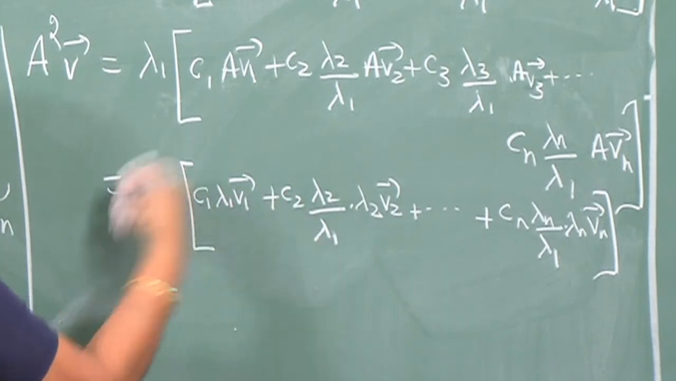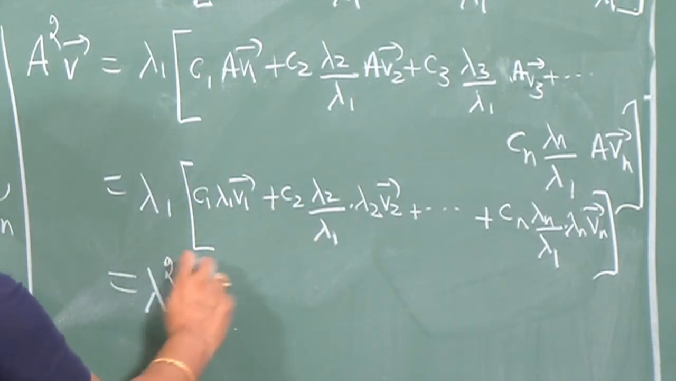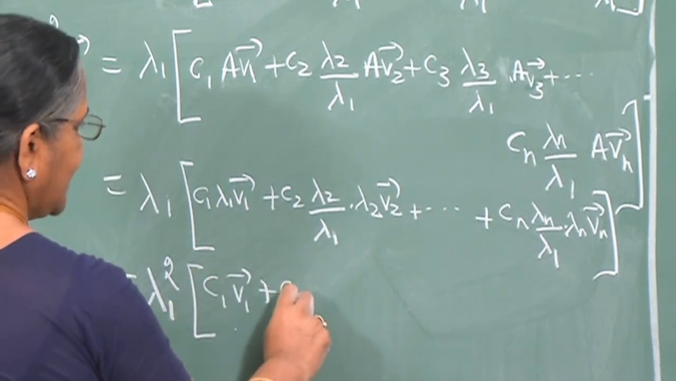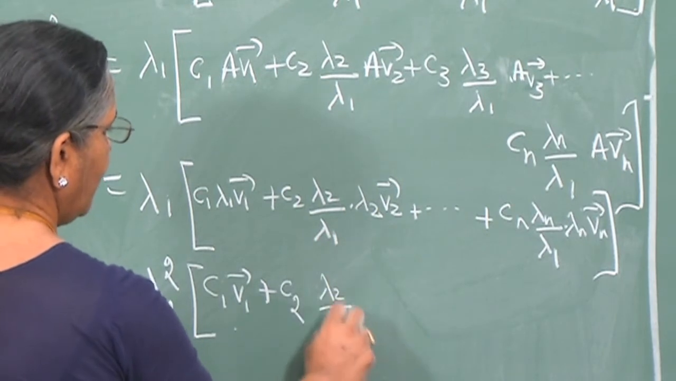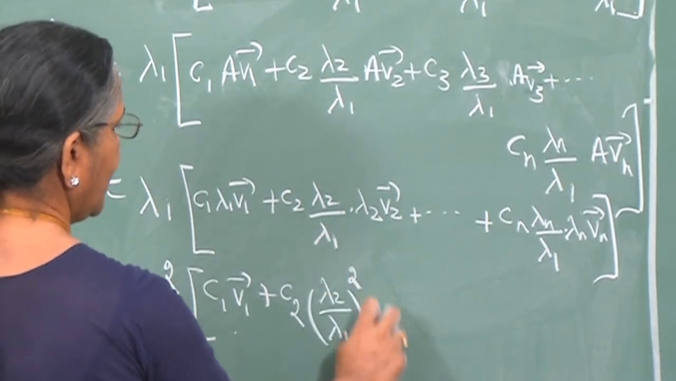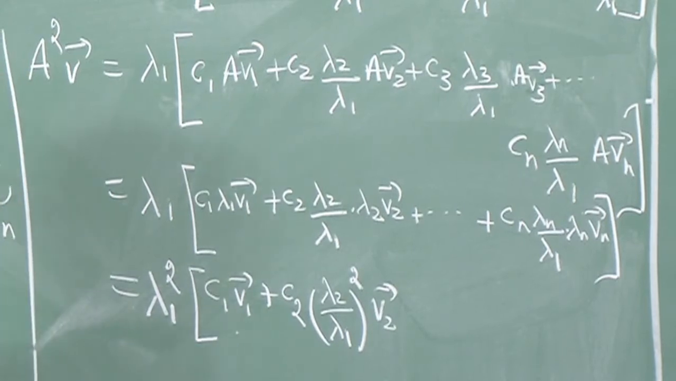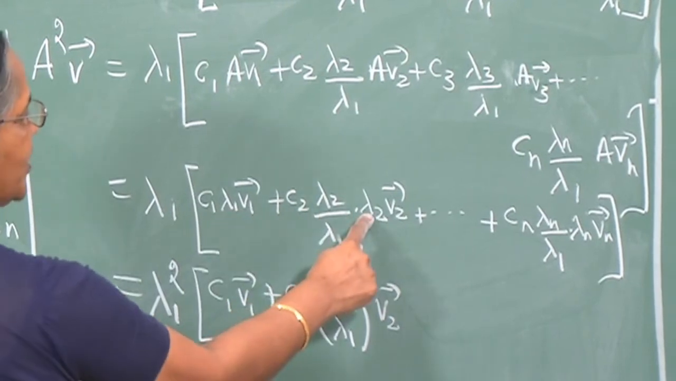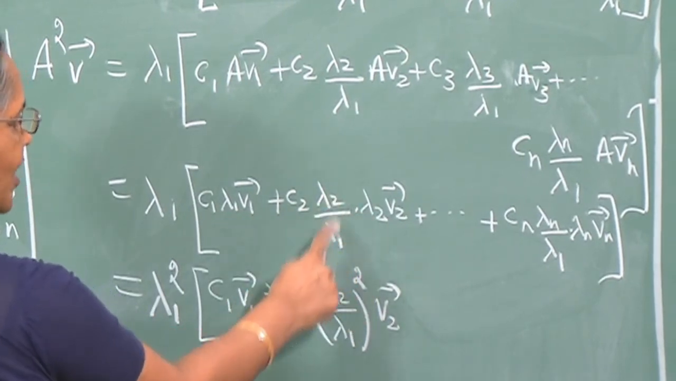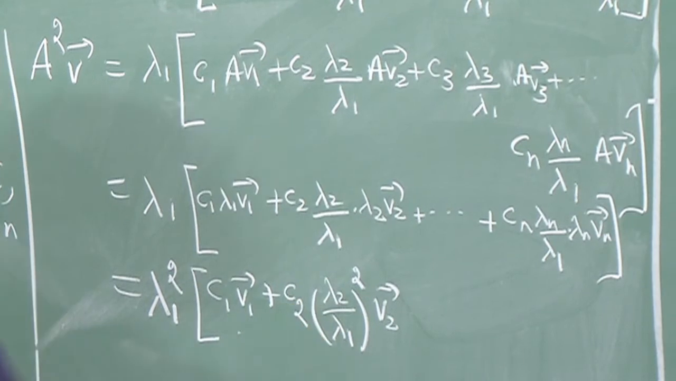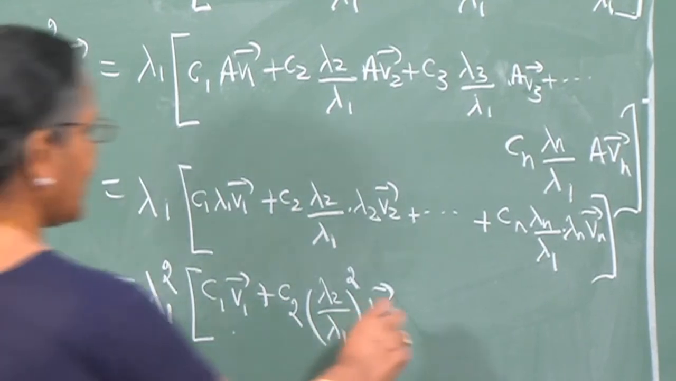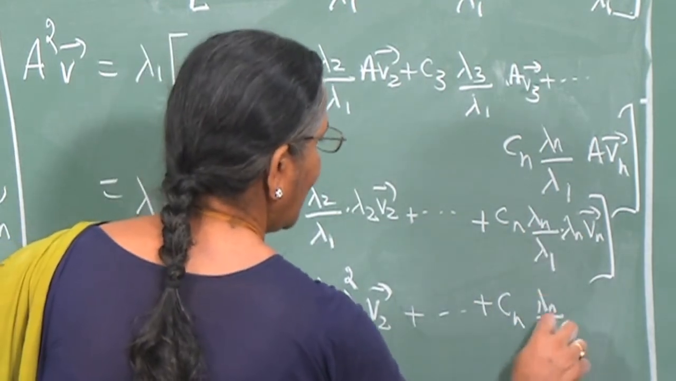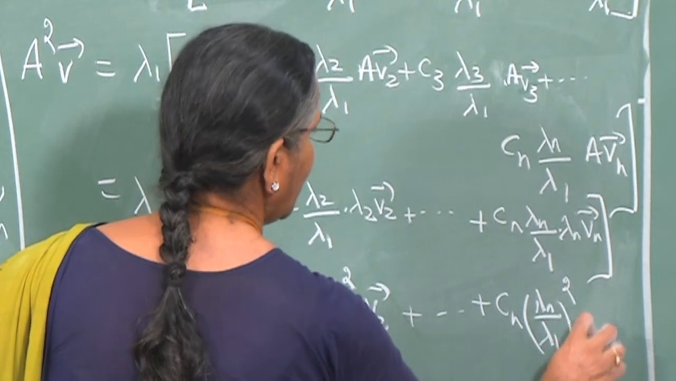And now I remove the factor lambda 1. So, I get lambda 1 square into C1 V1 plus C2 into lambda 2 by lambda 1 the whole square into V2. Because I have removed a factor lambda 1 from it, this will be lambda 2 by lambda 1. I already have that factor, so it is lambda 2 by lambda 1 the whole square. So, I remove lambda 1 from this, that will give me lambda n by lambda 1 the whole square into